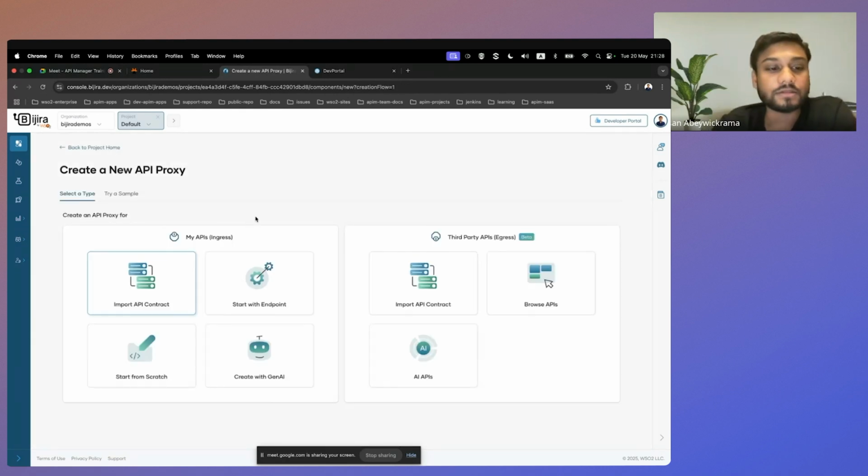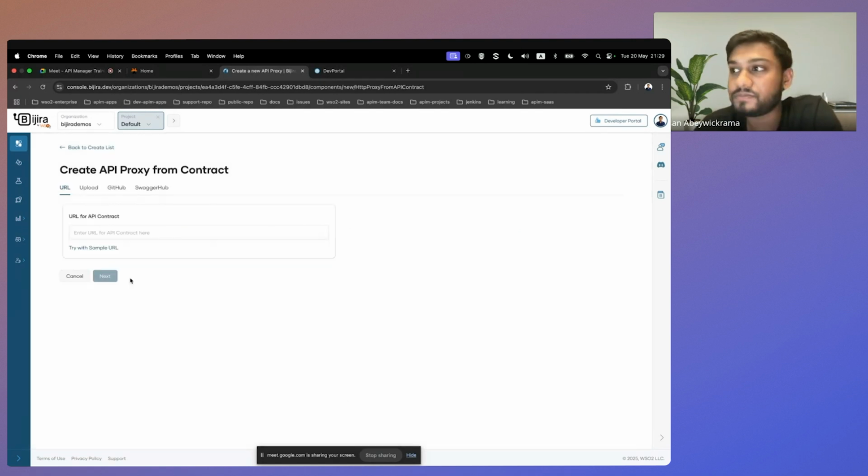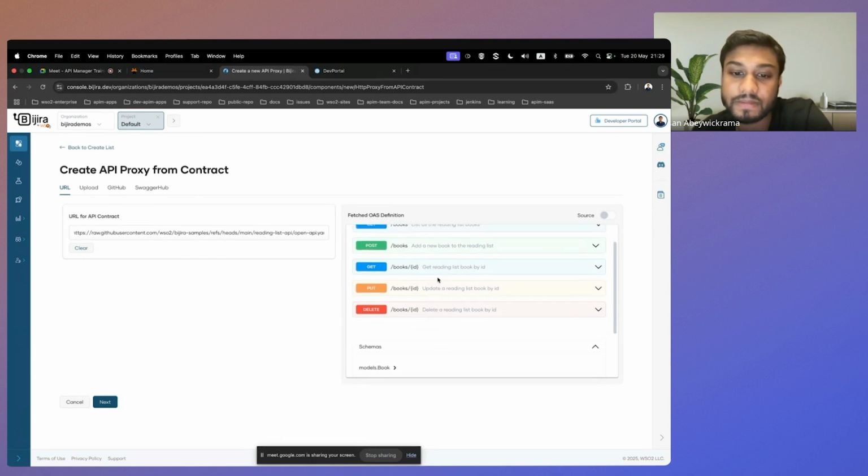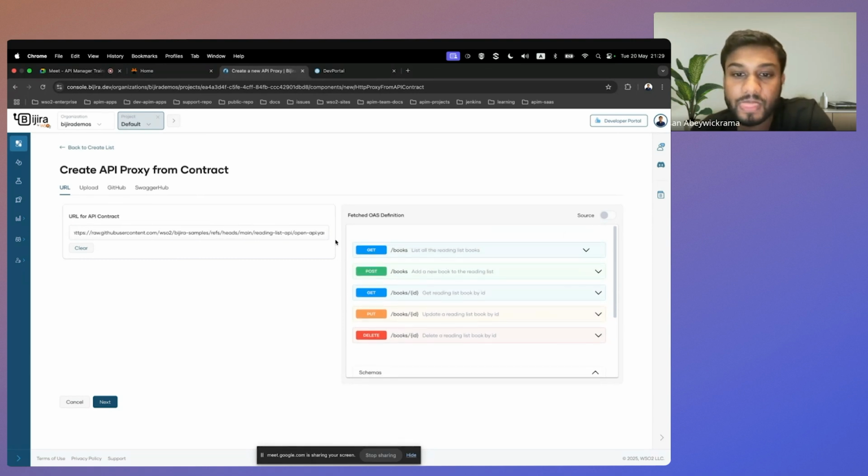So for this demo, I'll create an ingress API proxy by importing an API contract. So once you click on this option, you will have 4 alternatives to create your API proxy from a contract. One is using a URL. One is by importing an OpenAPI definition file, or by using a GitHub repository, or by a SwaggerHub API definition. So I'll just try with our sample URL where we have an OpenAPI file. And this you can see once the URL is provided, you will see the retrieved OpenAPI schema, and we'll